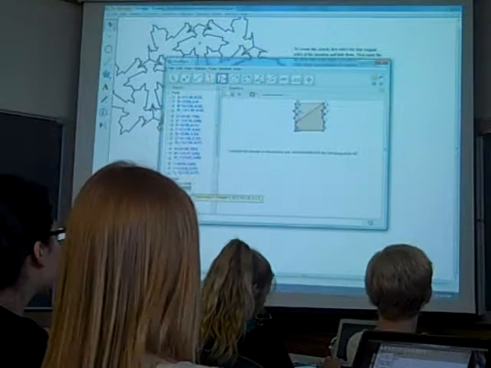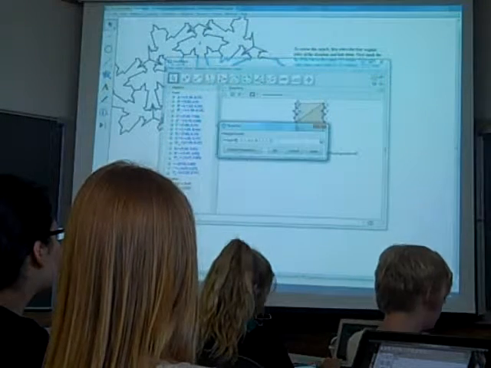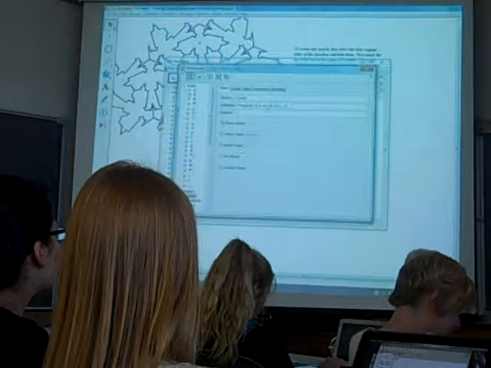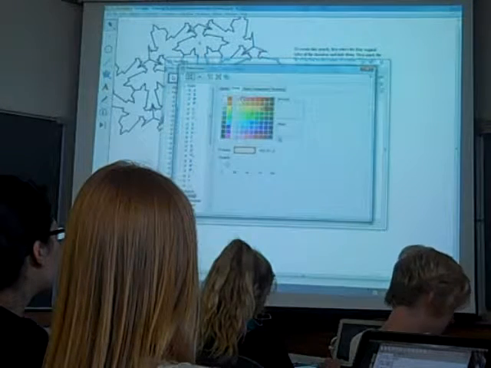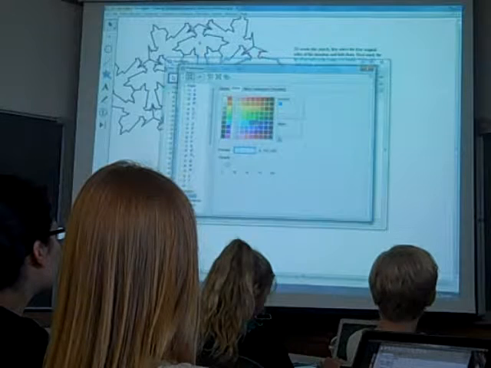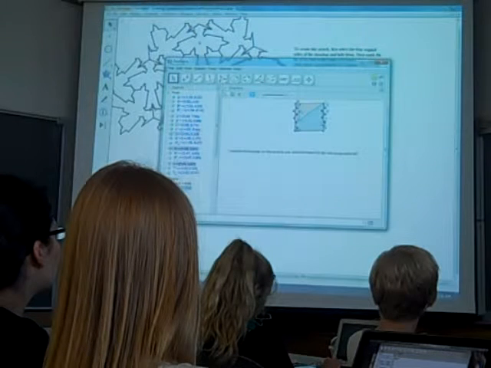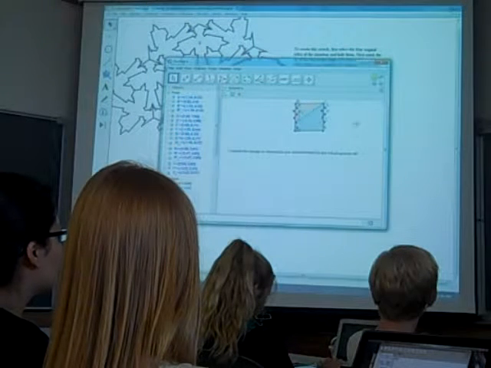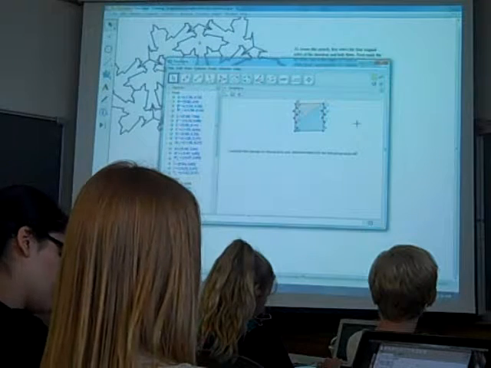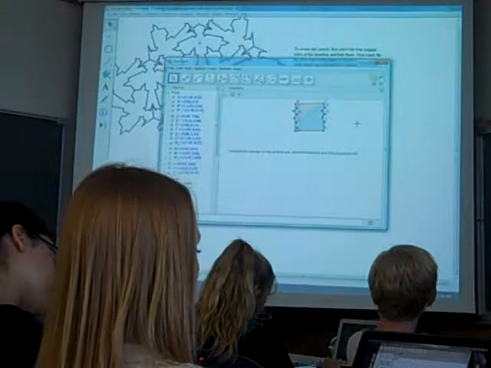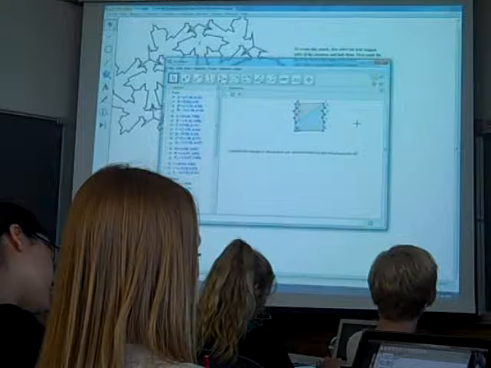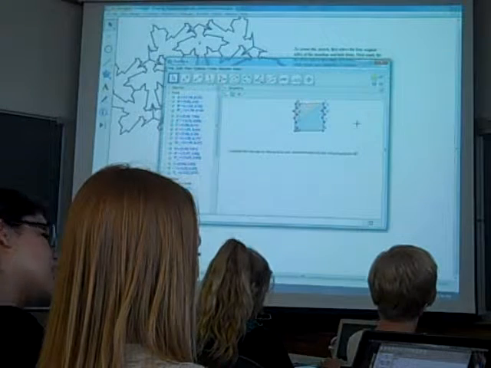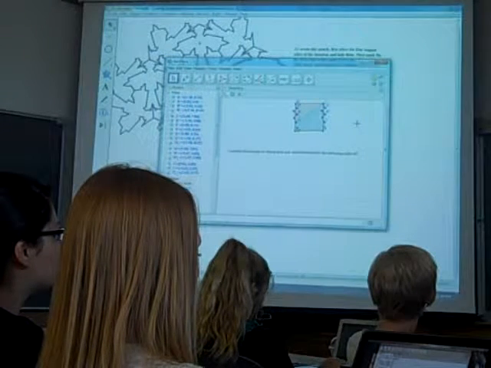So polygon 2, if I double click this, the object properties take me, and I see color as one of them, and I say I want that blue, and I close this, and now it's blue. And you can change the opacity, how transparent it is, so you can see through it more or less or whatever. Okay? But you have to click around.